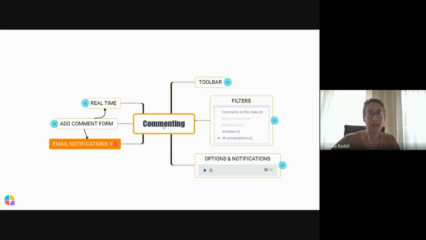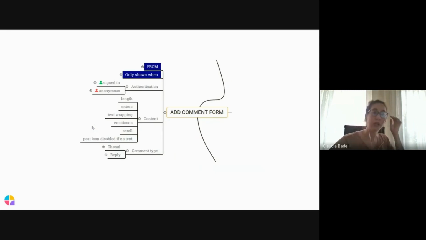So under each subnode, that means for each focus or charter or mission, what we include under that subnode are the context, the test ideas, and variables to cover that aspect of the feature. What we are going to do now is focus on the add comment form subnode. Here we can see different testing variables and ideas that we may consider when testing the add comment form. And those ideas are taken as an input when exploring the feature.